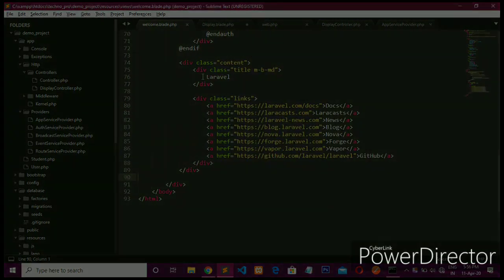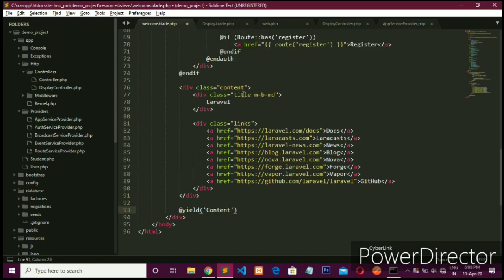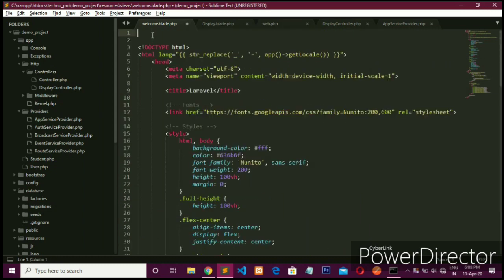For that, write @yield, and here in the bracket you have to pass one name, content, and at the beginning of the file you have to include the welcome file, @include welcome, in the display file.